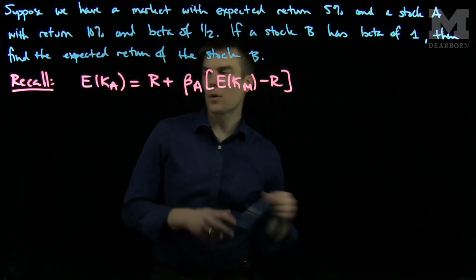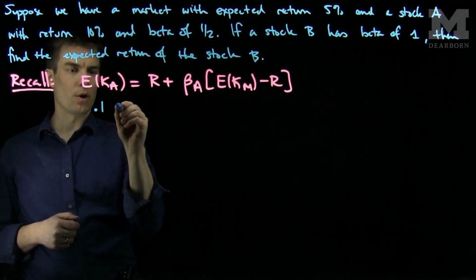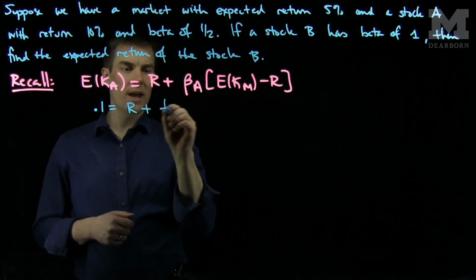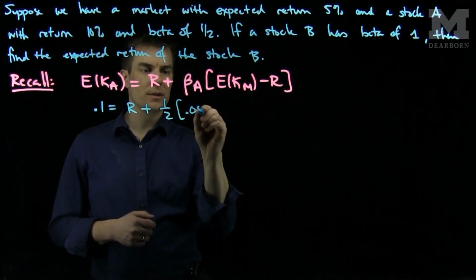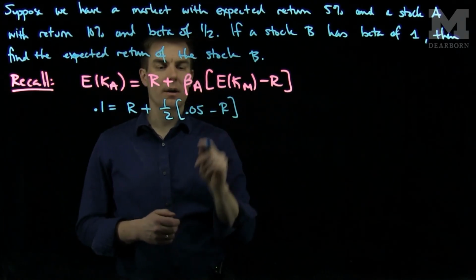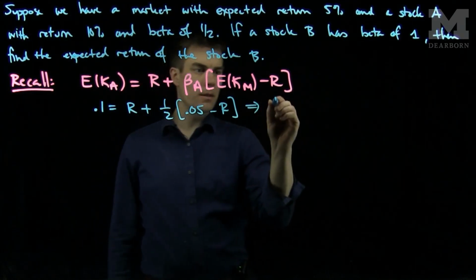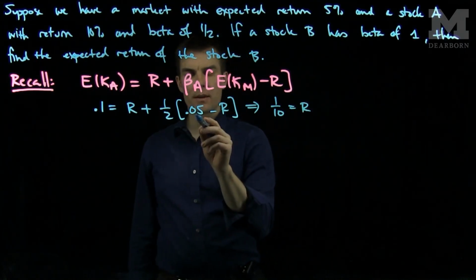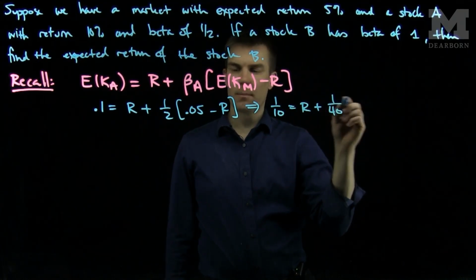Using this formula, we can apply it to the stock A, whose expected return is 0.1. So 0.1 must be R plus its beta of 1/2 times the expected return of the market, which is 0.05, and then minus R. So this equation implies that 1/10 is equal to R, and then this is 1 over 20, so this will give me 1 over 40 plus 1 over 40 minus R over 2,